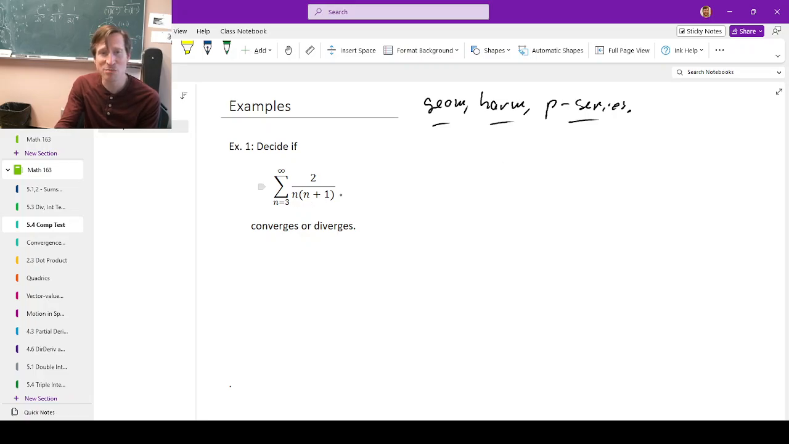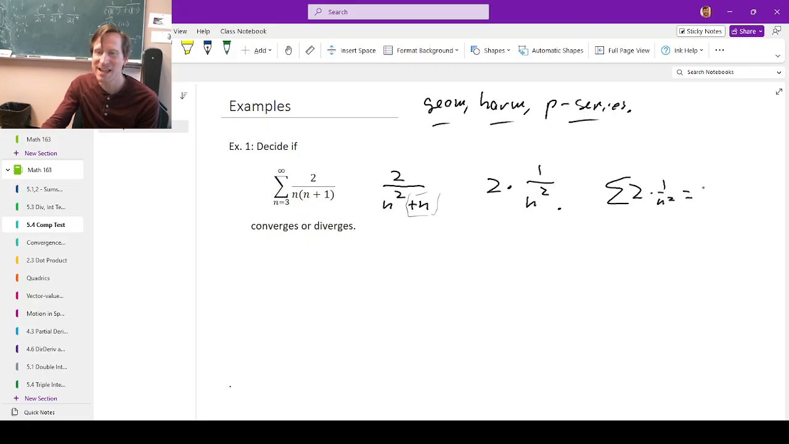One thing you might do is you might ask, well, what happens if we multiply out the denominator? That would give us 2 over n squared plus n. And that's not a p-series, but if you kind of squint so that you don't notice the plus n, it almost looks like a p-series, right? It looks like 2 times 1 over n squared. And this, right, we know that the series 2 times 1 over n squared, that's the same as 2 times the sum of 1 over n squared. And this is a p-series,